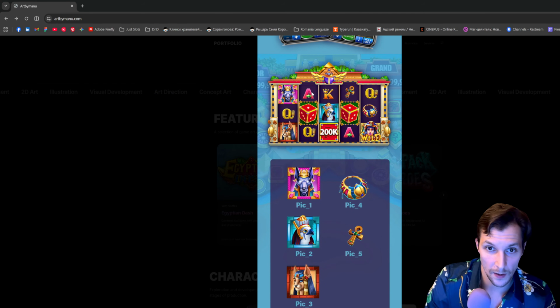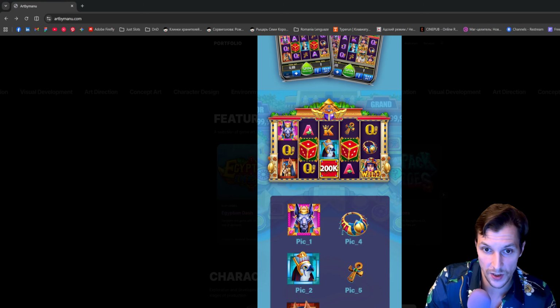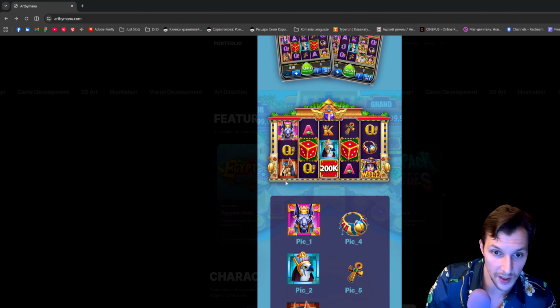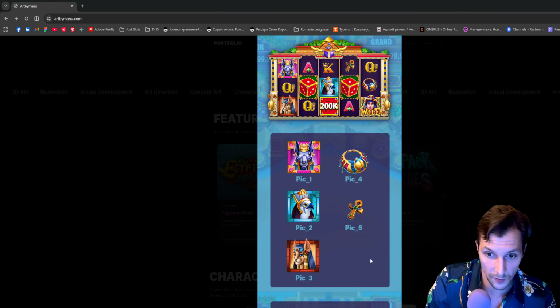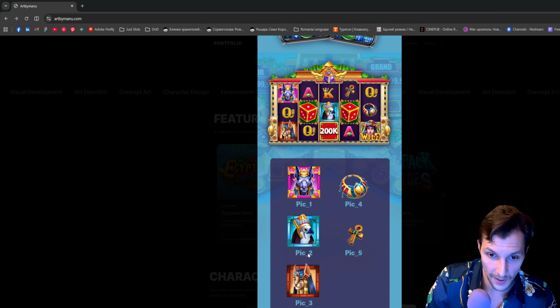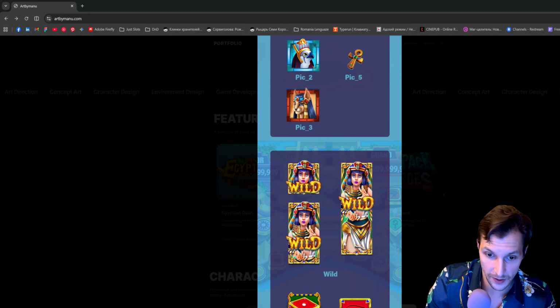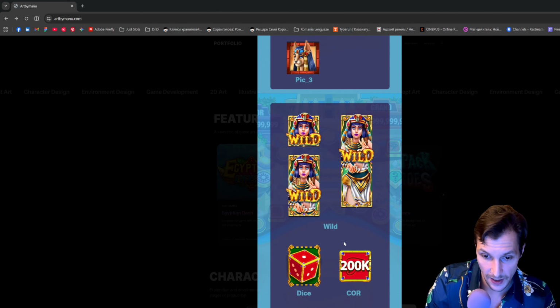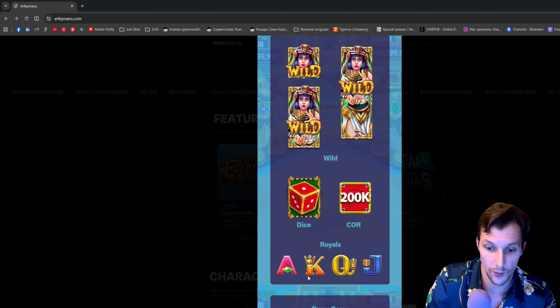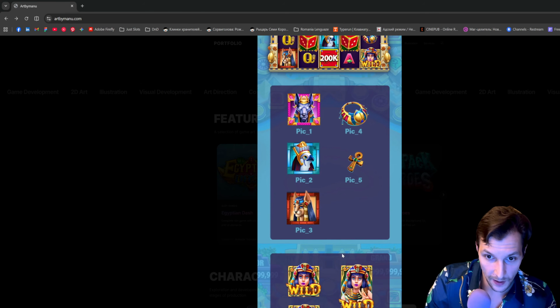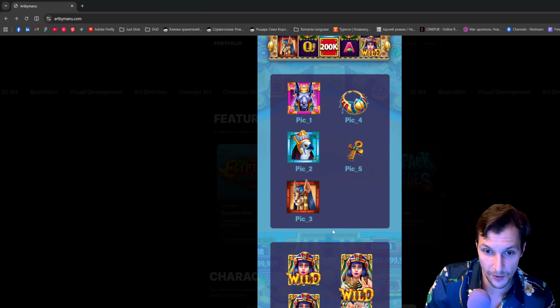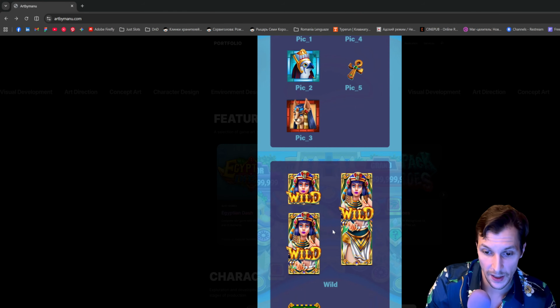So, for example, here I see that the low symbol, the pink one, is the same hierarchy as a high symbol, but the middle symbol looks like it's a bit missing. So I'm missing the overall first overview. And of course, wild is a super important symbol. It's super specials. Yeah, we see all the specials here, and then we see royals. So here I'm missing the presentation of symbol hierarchy.